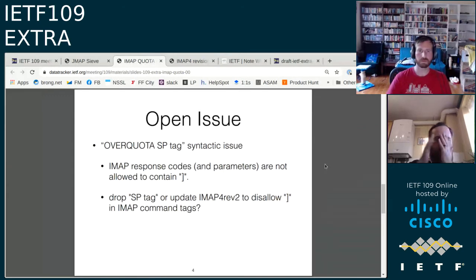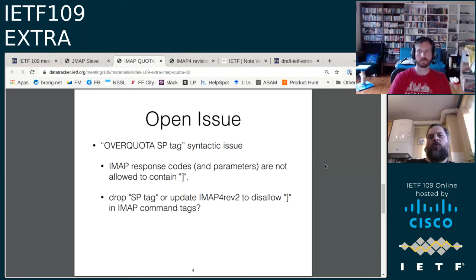Oh, yeah. That's actually possibly a question about IMAP4rev2. Basically, syntactic issue is that response codes are not allowed to have close square bracket, and tags are at the moment allowed to have this.